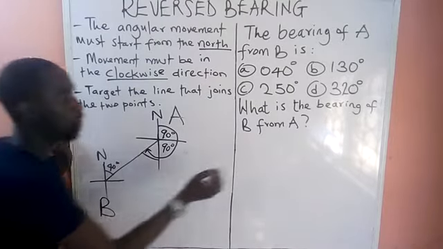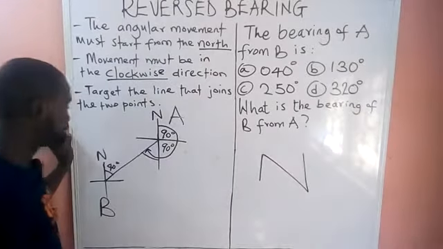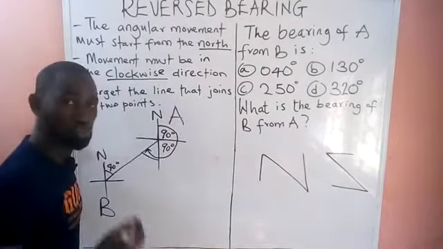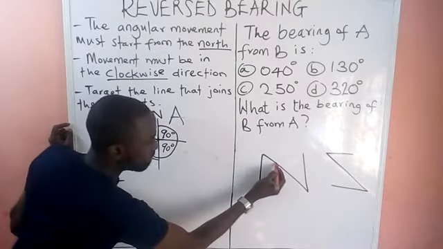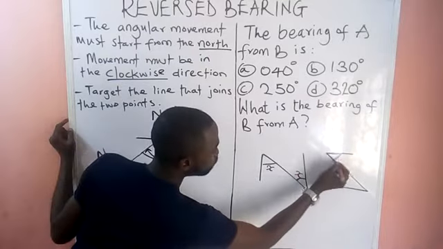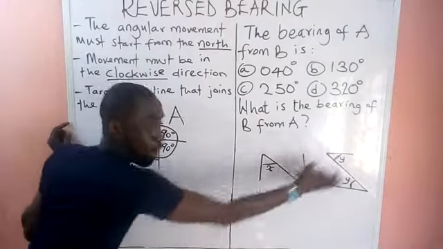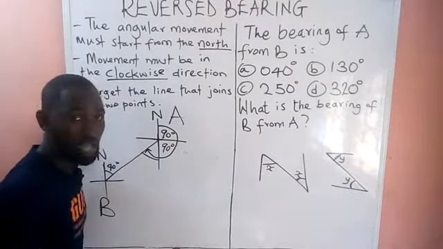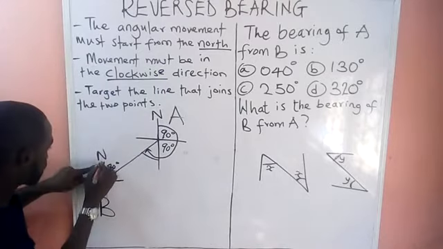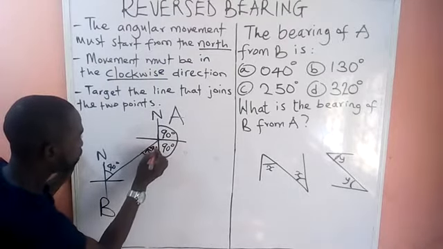What we call alternate angles. Look at this. Alternate angle will form this shape. Alternate angle can form this shape. Okay, under bearing, we must know what we call alternate angle. If this place is X, this place should be equal to X. If this one is Y, this one should be equal to Y. What is the reason? They are alternate angles. And alternate angles are equal. So look at this. Look at the shape. N shape. So it means this is equal to 40 degrees.